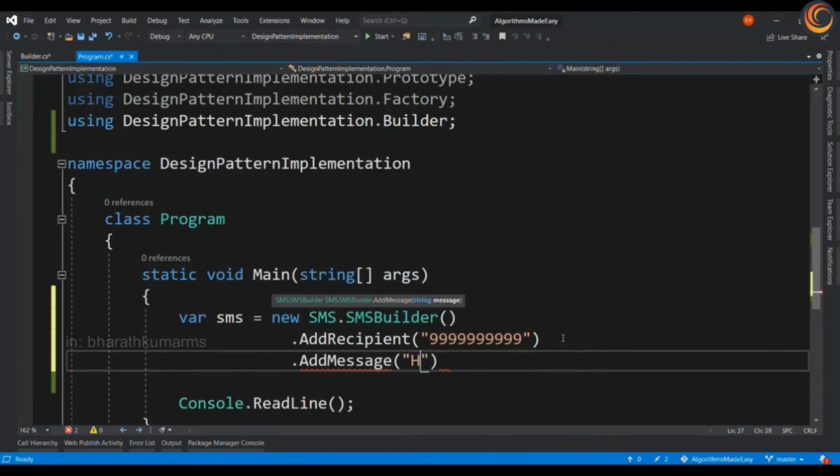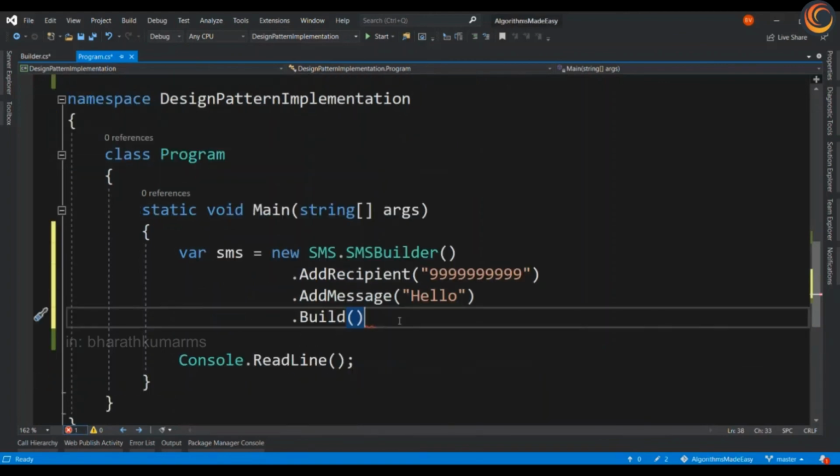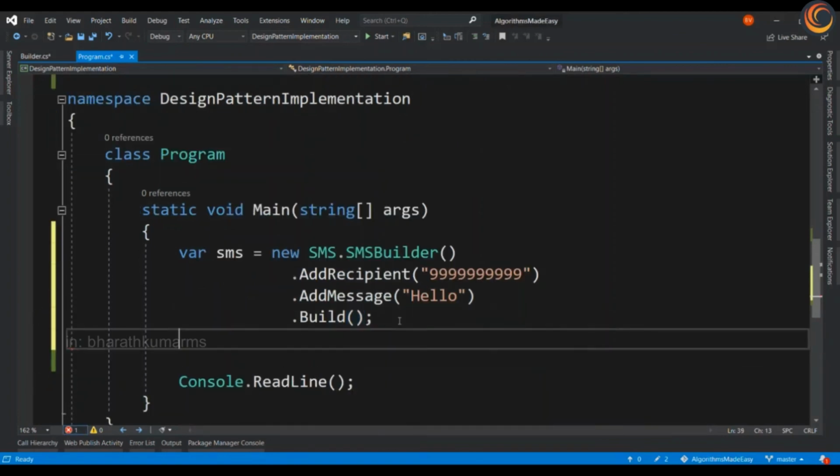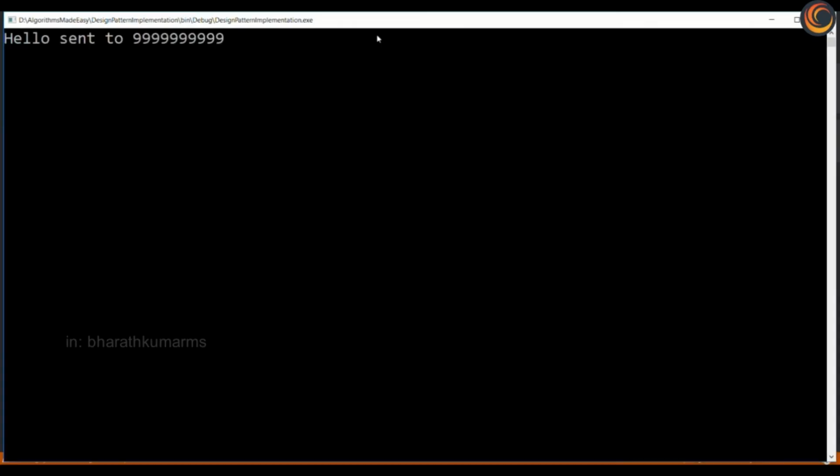Let me say hello. And then call the build function. Now I can call sms.send. So remember, send itself can implement a builder. Now let's execute the code. You'll be able to see the message sent to the appropriate recipient.